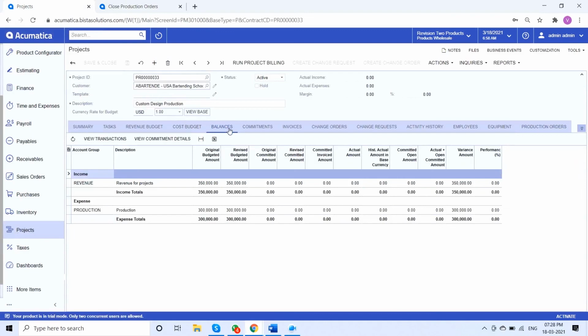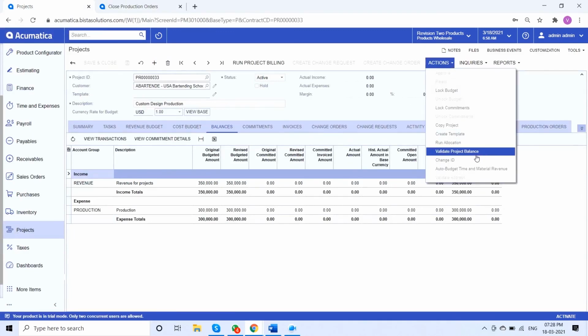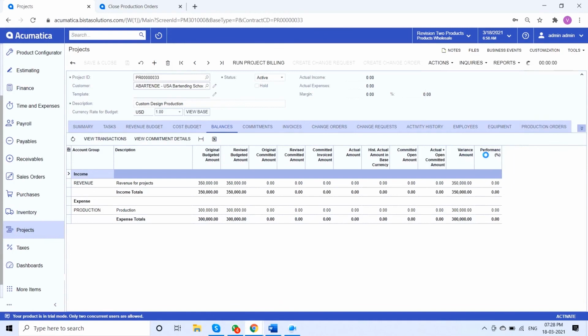And now we can see the balances. So in order to refresh the balances, I will validate the project balance. And same, my production balances have been carried forward to my projects. So my original budgeted cost was 300,000, but unfortunately my actuals are different based on my purchase.